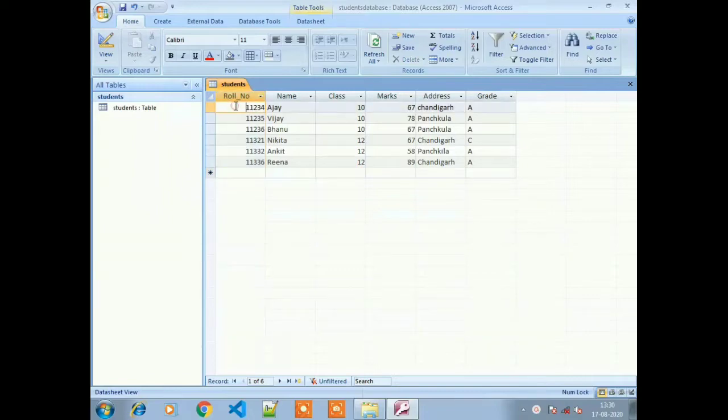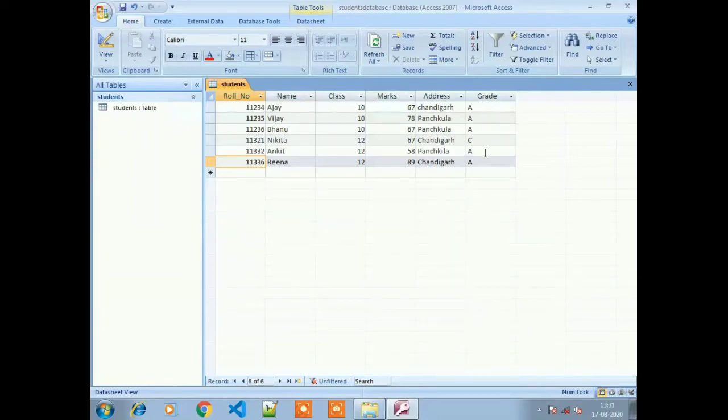Advanced filtering, because sometimes we want to set a particular criteria, and using that criteria we can use a filter option. Suppose that we have a lot of information in a database, and we want to filter a particular record on the given criteria. So in that case we can use the advanced filter option. Okay, how will we do it? We are going to solve the advanced filter option.